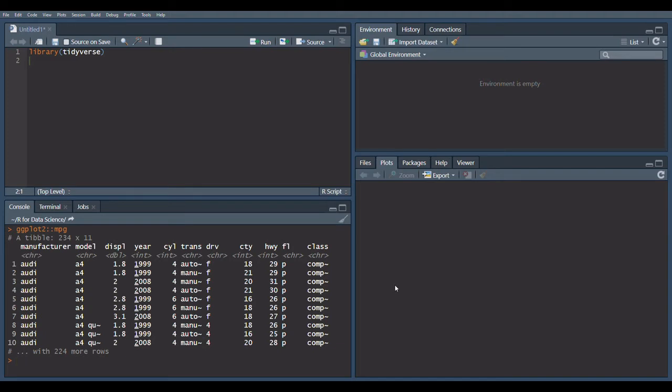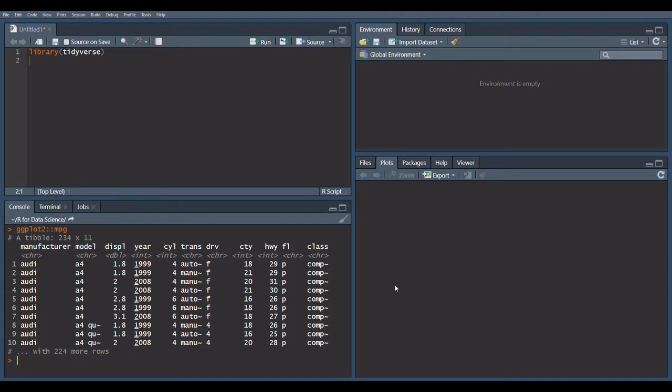But for now, we're going to use this data set to answer a specific question, where we want to see the relationship between our engine size and fuel efficiency, and how that relationship is going to look. Is it going to be positive, that the bigger engine we have, the more fuel efficient it is, or is it going to be negative, where the smaller engine is more fuel efficient? Or is the relationship going to be linear, or is it going to be non-linear? All of these questions could be answered by just looking at a picture,